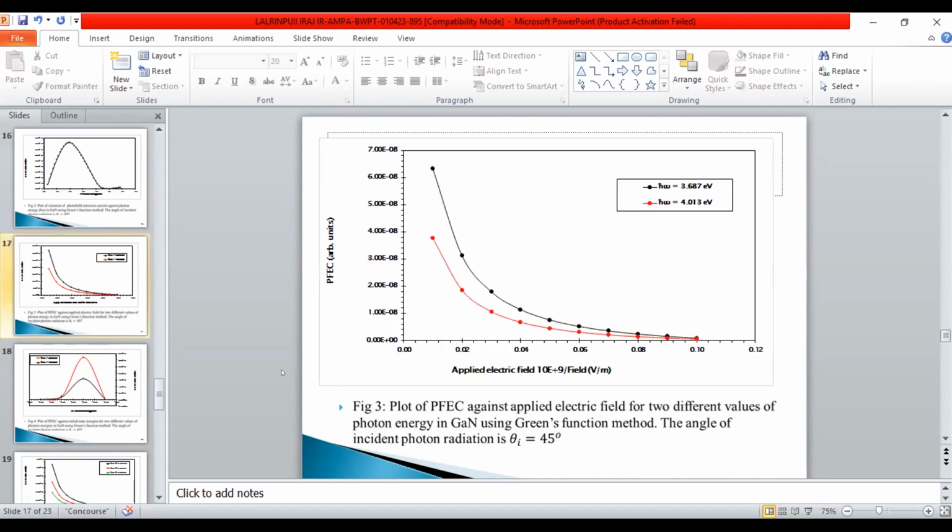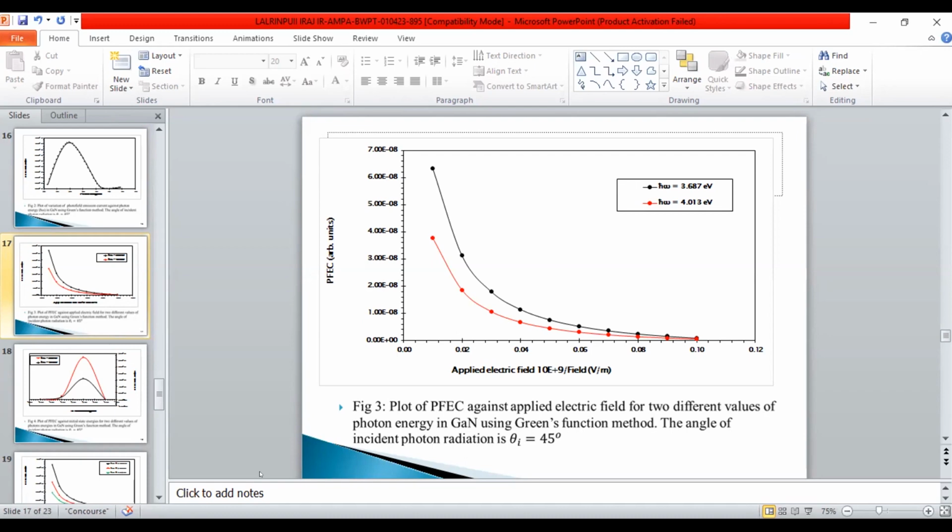The second graph is a plot of photo field emission current against applied electric field for two different values of photon energy in gallium arsenide using Green function method. The angle of incident photon radiation is θi equal to 45 degrees. In figure 3, we have plotted the result of calculated photo field emission current as a function of the applied electric field F for two different values of photon energy, ħω equal to 3.687 electron volt and 4.013 electron volt respectively. From this plot, we find that as the value of applied electric field F increases, photo field emission current